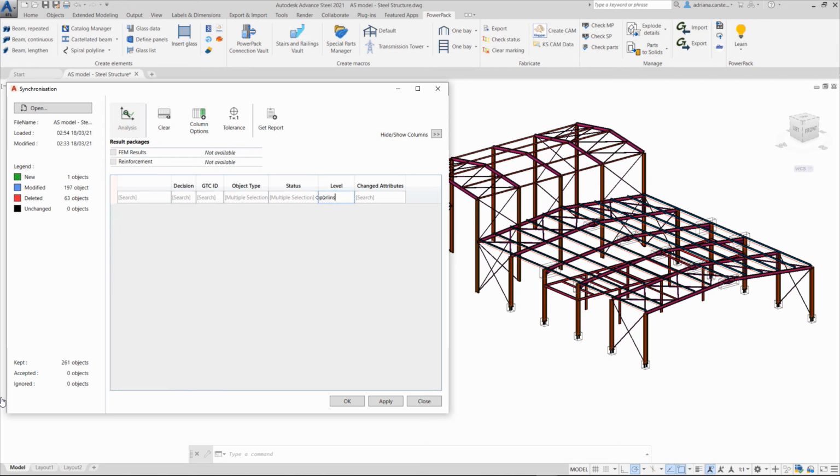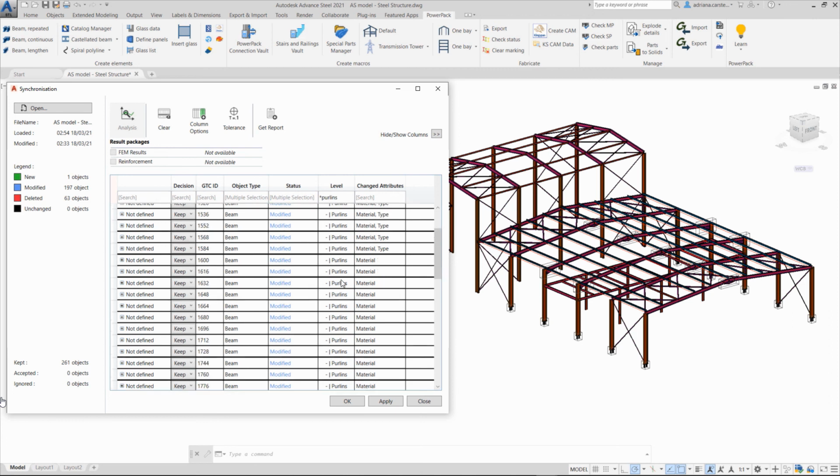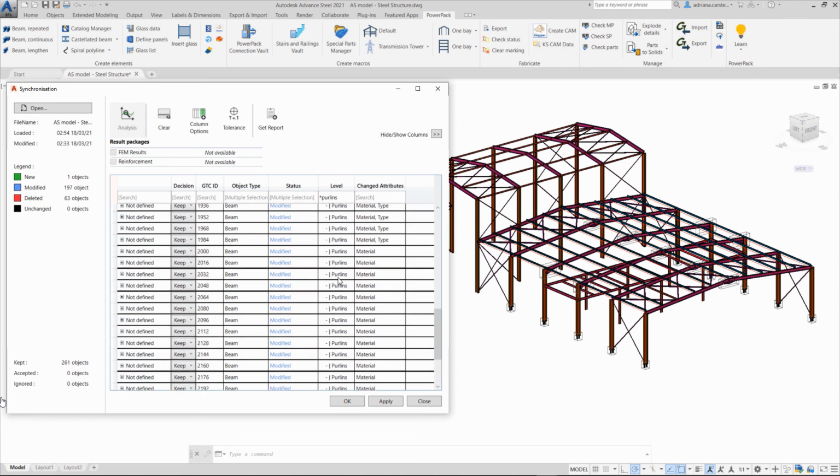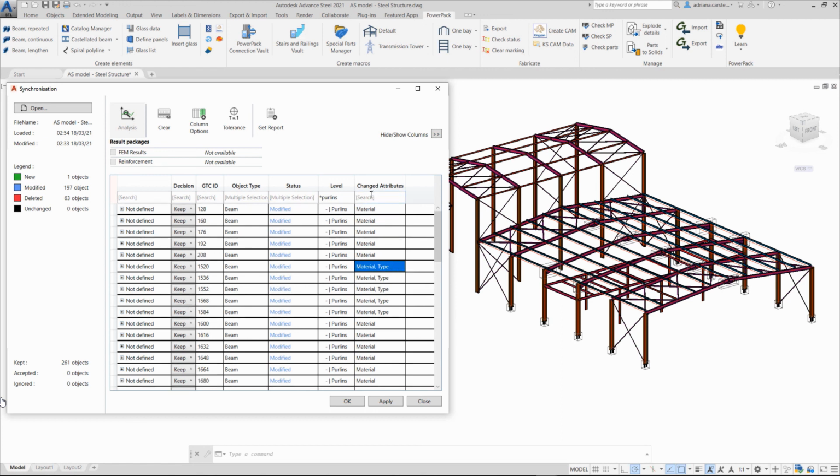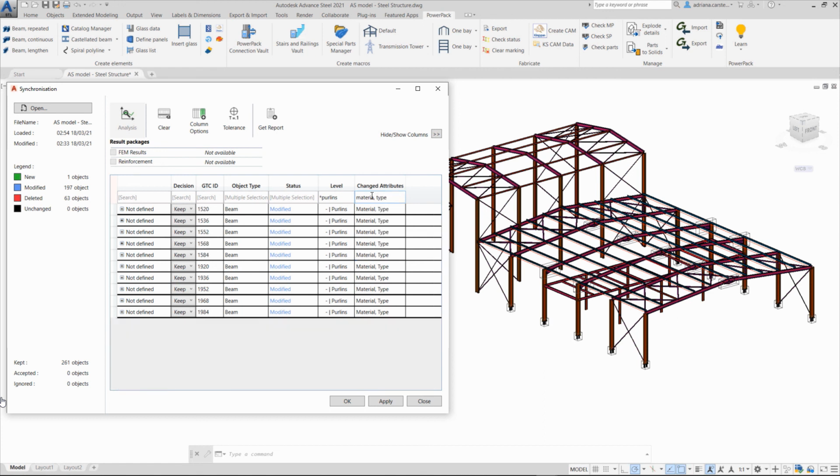And we can filter per level, per status, and so on, and make modification. You see, like in Windows, you can place a little star to filter a specific category of object, and you can manage the decision for a set, because we can select multiple rows of this table and apply the same decision for a set of objects, a selection, or specifically we can select one dedicated object and apply a decision for this one.